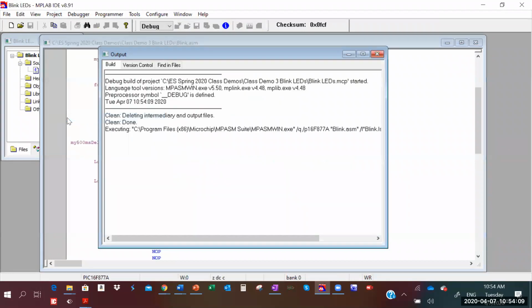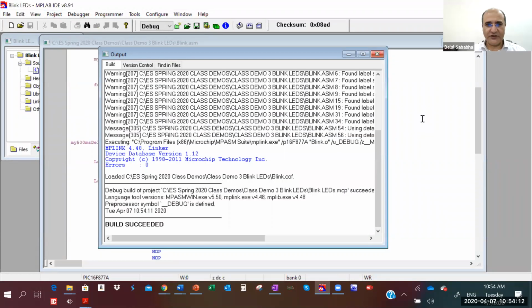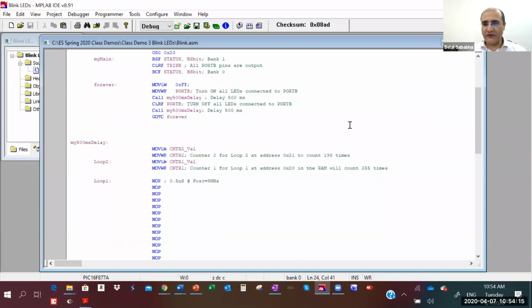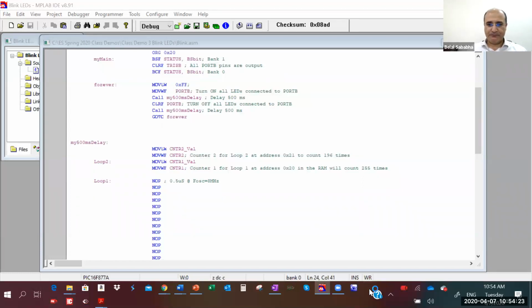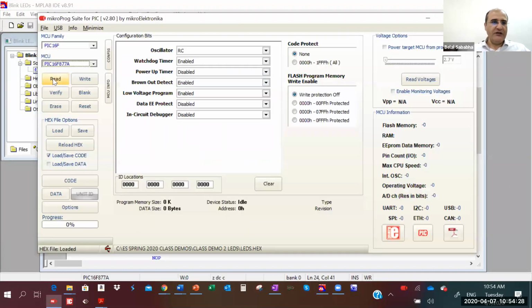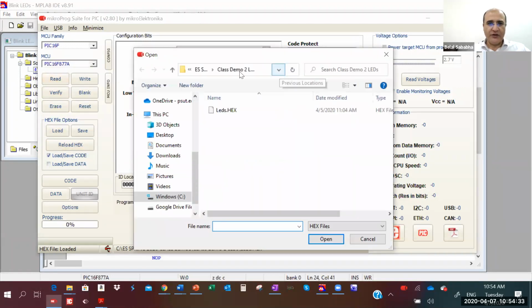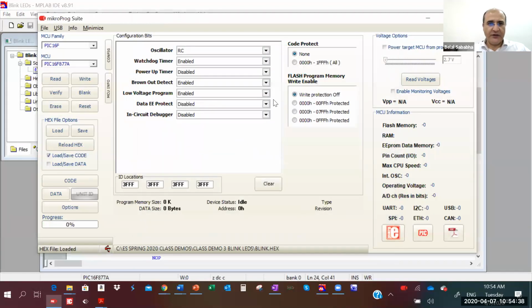Trying to figure it out. Successful, see, small problem. Okay, built. I'm going to program it now. I'm going to go to my programmer. I'm going to load my hex file from the memory location we saved it at, which is demo blink LED here. Open it. Choose our oscillator to be high speed and disable the watch timer. Then we write our program